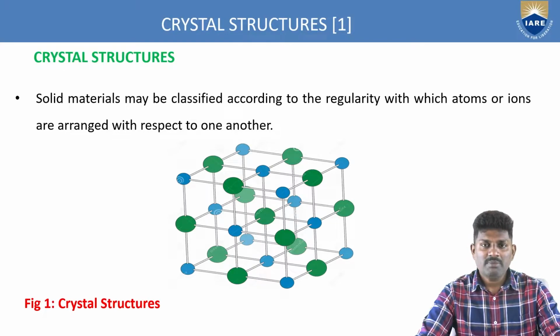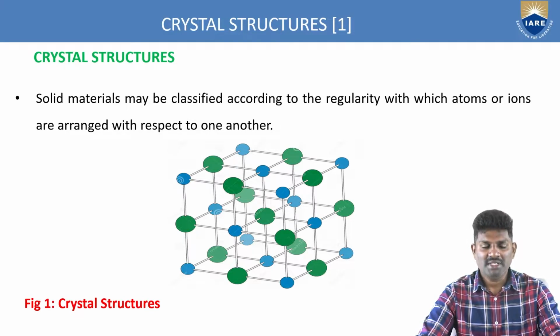Now, the solid material may be classified according to the regularity with which the atoms or ions are arranged with respect to one another. So based upon the neighborhood of the atoms, how these atoms are arranged internally classifies the types of solid material. That's why the crystal structure is very important in the